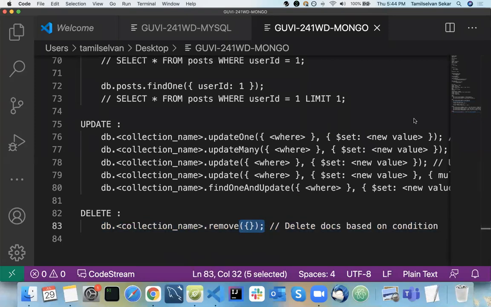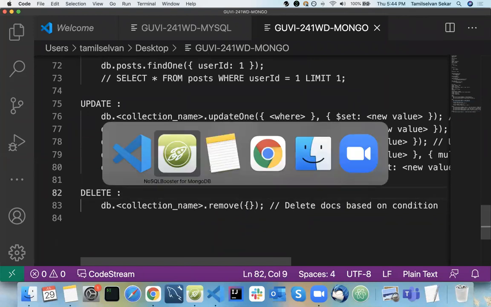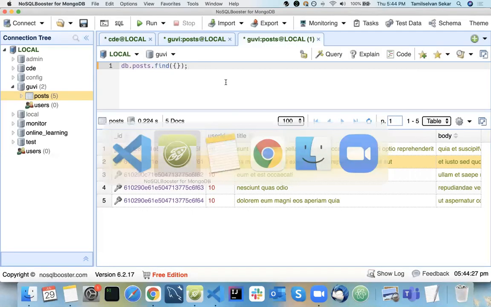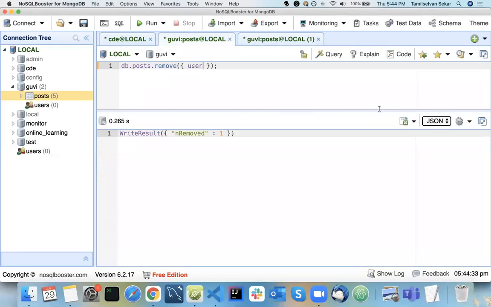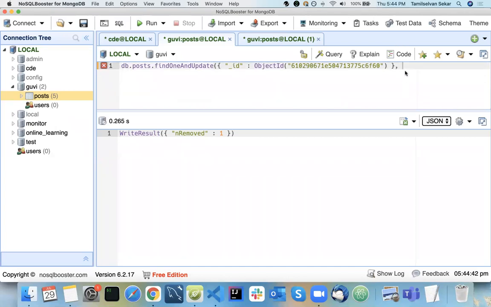Yeah, for the find one and update, I think I found the solution here. So we use find one and update here. I told you that you can mention some conditions.